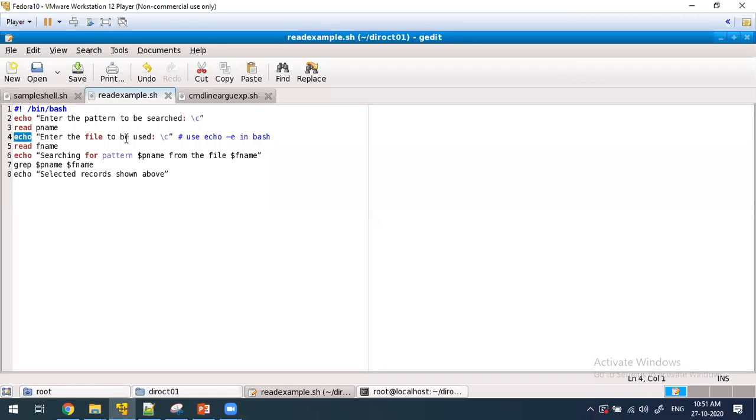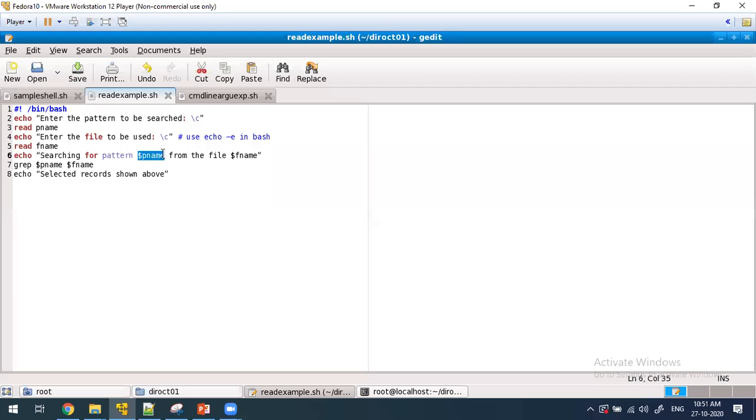Next message: enter the file to be used. Which file do you want to search? This is a message; the user has to enter the file name. Then the message to the user: searching for pattern $p name.